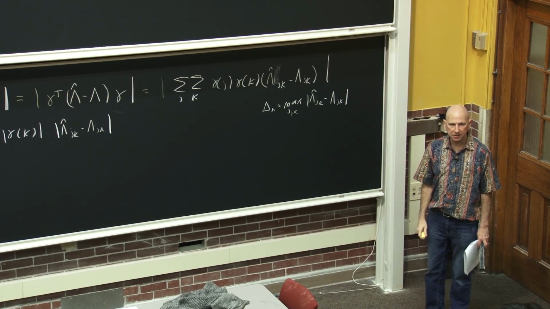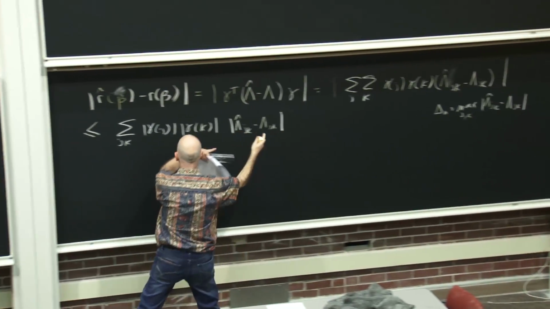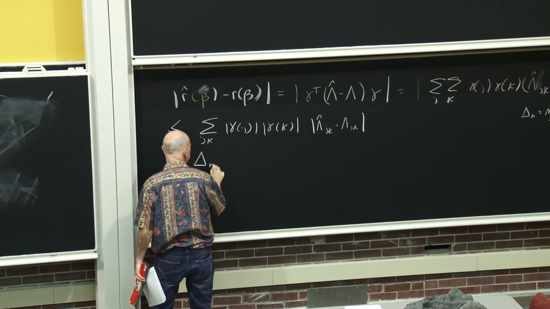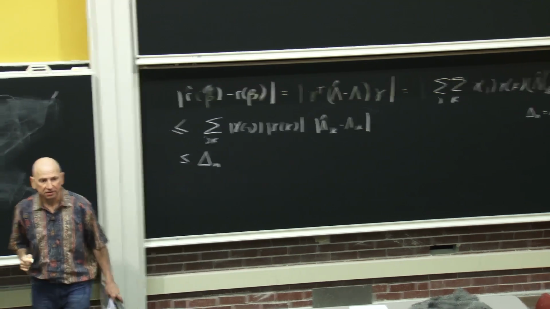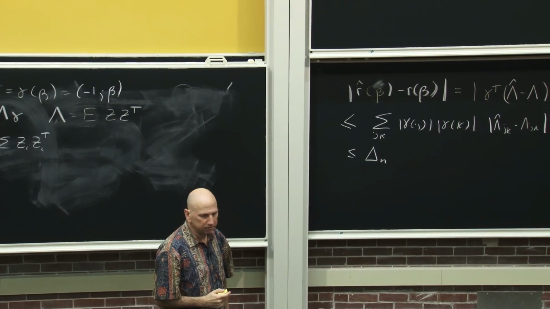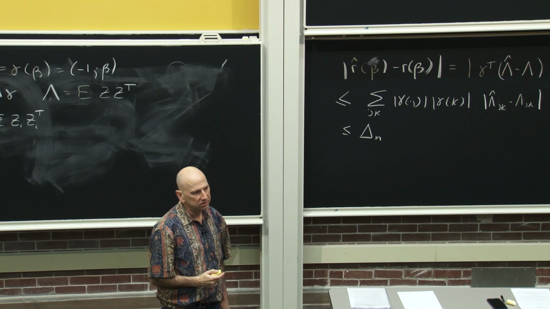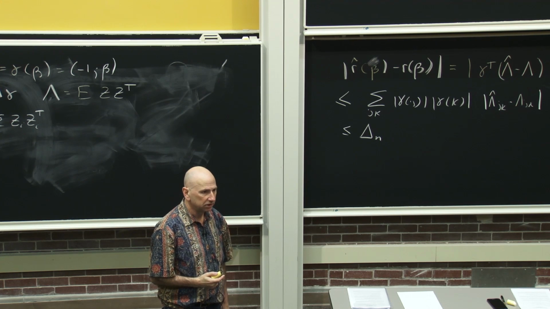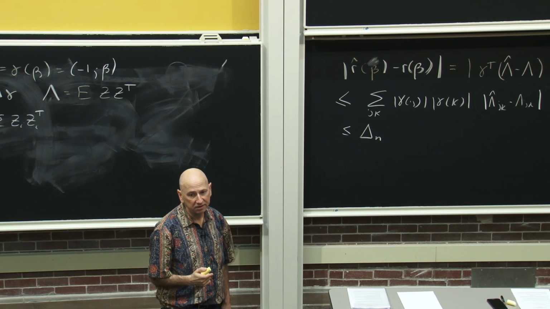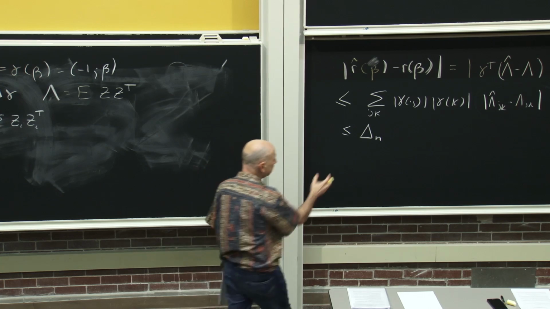which we'll figure out what that is in a minute. So this is less than or equal to its maximum, so I'm going to pull that out. That's less than or equal to delta n. What is left on the inside? What's left? It's sort of like the norm. It's a double sum. Yeah, but which norm is it? L1. This is just the sum of the absolute values.